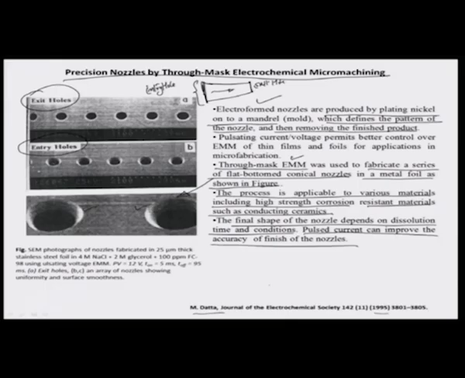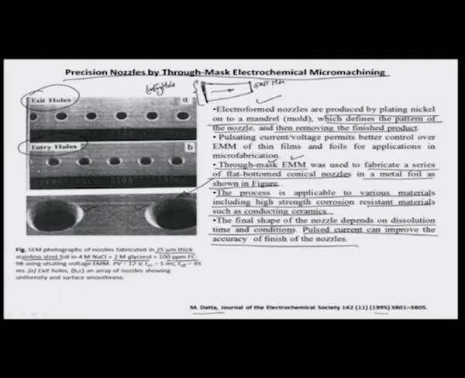So, this is another illustration where nozzle diameters in the range of about tens of microns have been fabricated in a 25 micrometer thick stainless steel foil by using mask EMM. Okay. So, you have a mask being fabricated, so that there is selective dissolution along certain regions, shielding of the other regions. The electrolyte they use in this case is about 4 molar NaCl and a combination of 2 molar glycerol and about 100 ppm FC98,